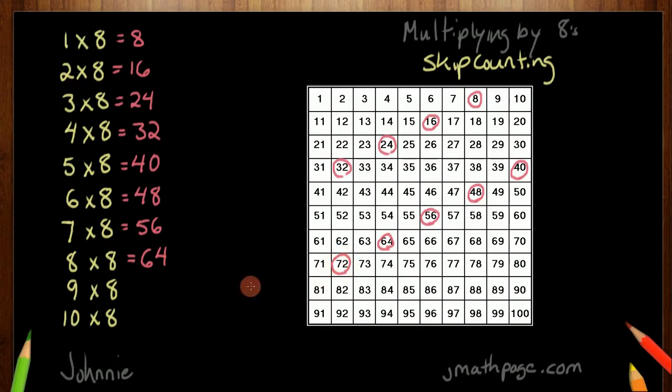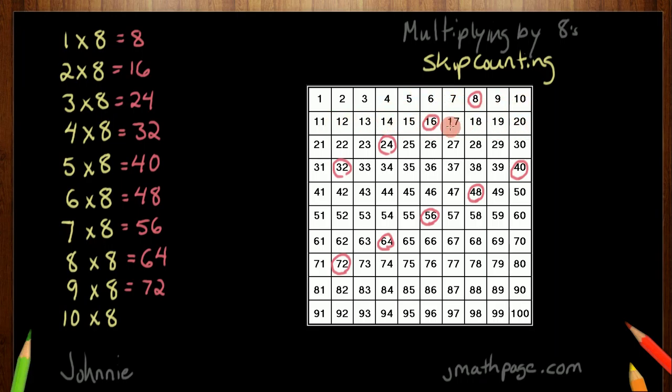Okay, so now we know that 9 times 8, or 8 skip counted 9 times, takes us to 72. And the last one, 10 times 8, or 8 skip counted 10 times. Let's count them out. 1,